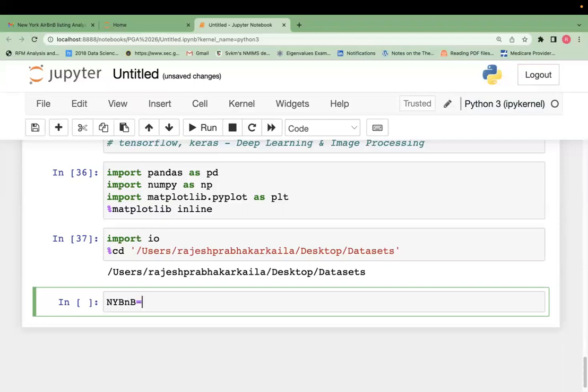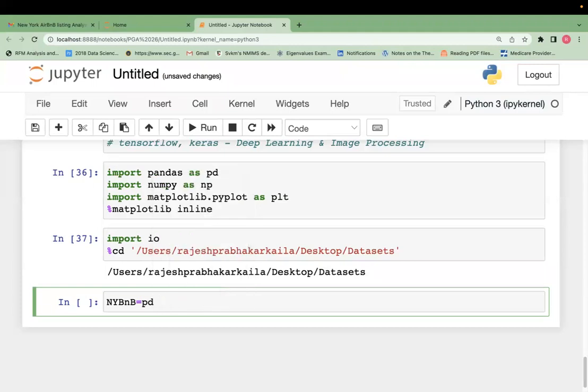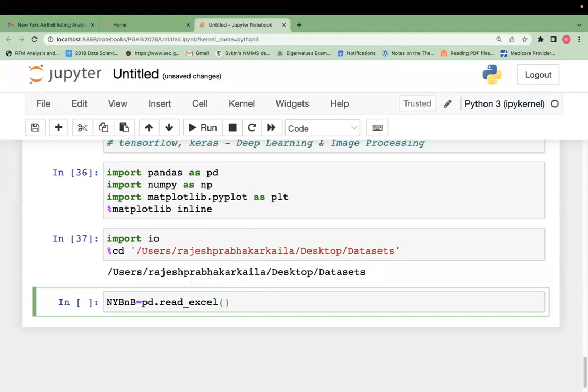df is equal to pd dot. Our format is an Excel file. Generally, we use CSV files, but today we will be using an Excel file: read underscore excel. See, for autofilling, type the library name pd dot re and tab. Press the tab after the first two letters of the function, and autofill will start. Read underscore excel, double quotes, New York Airbnb dot xlsx, comma, sheet underscore name is equal to, what is the